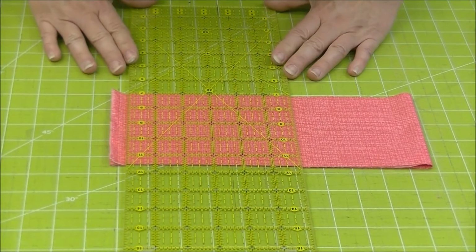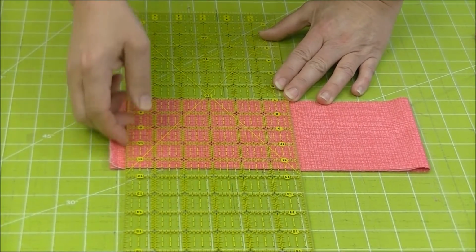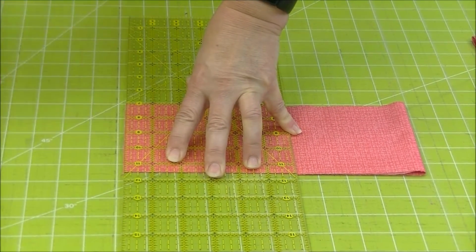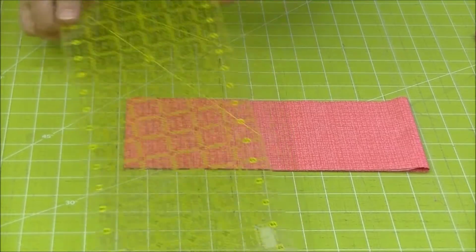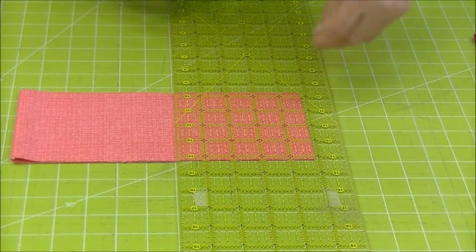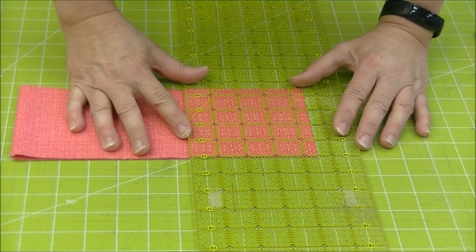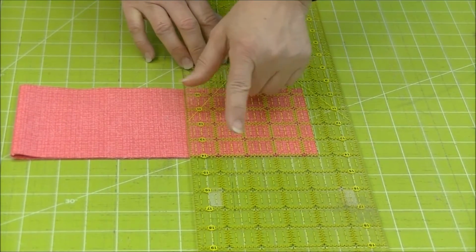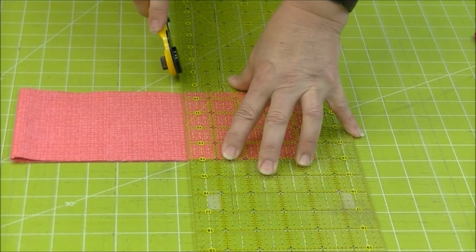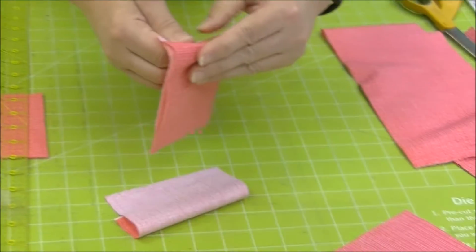So once again, we're going to line up our line going across the bottom so that we have a nice clean edge. I'm going to scooch back far enough that I can take those selvages off. I'm going to flip my fabric, so you should hear me droning in your ear. It's a clean flip, and then we're going to come in and do 4.5 again. So 1, 2, 3, 4, and 2 lines is going to give us 4.5. And so we have just cut 4 squares